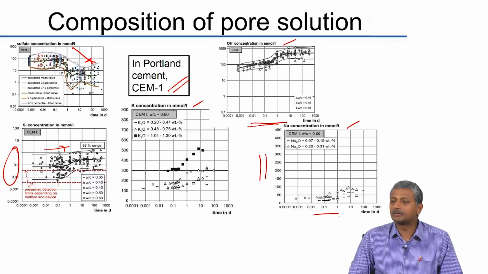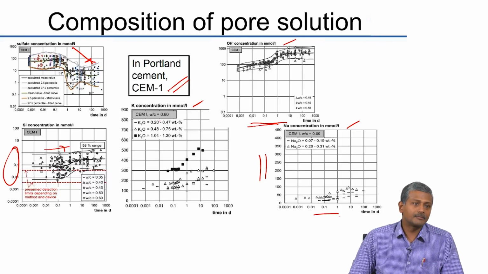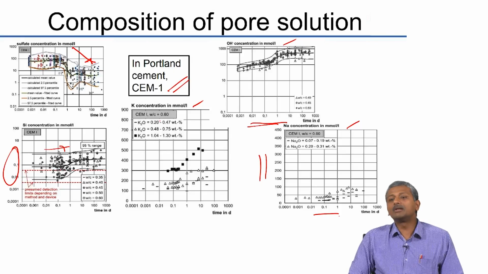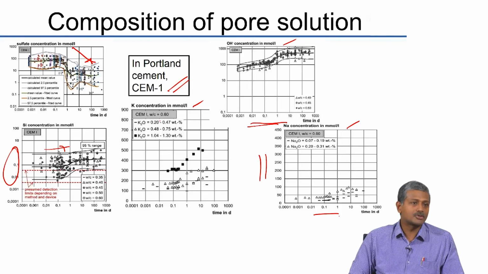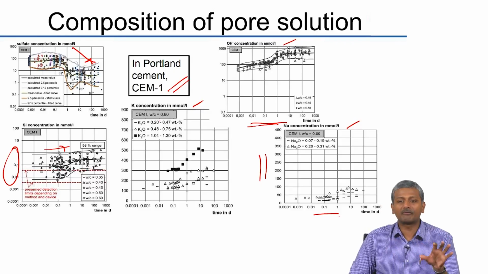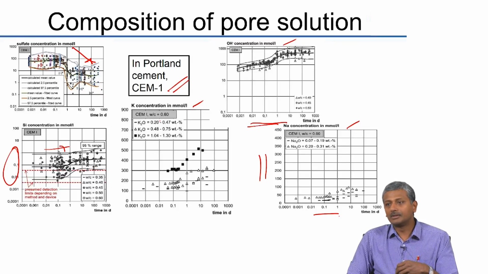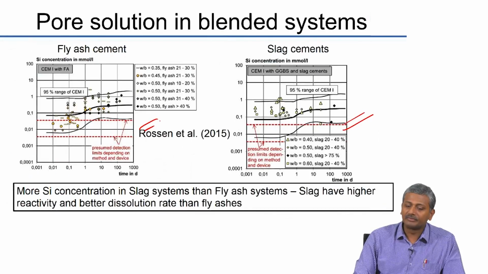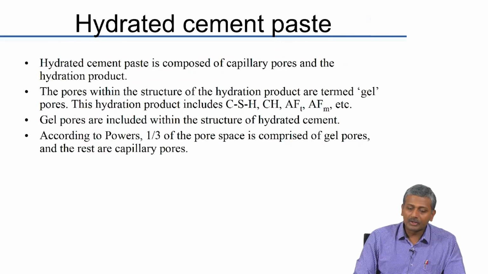What do you expect will happen in the case of the ionic concentration? Decrease. It will decrease or increase. Generally, the alkali concentration that is contributed by cement is far greater than what is contributed by fly ash or slag. So when you replace part of cement by fly ash or slag, you're going to be reducing the alkali concentrations. So that is actually a very positive aspect in one way, because